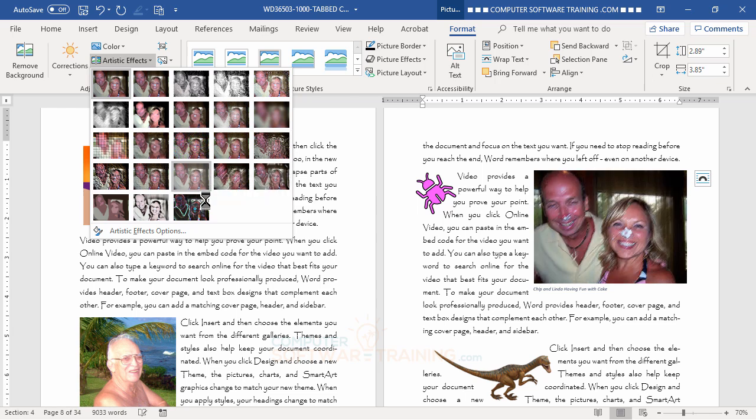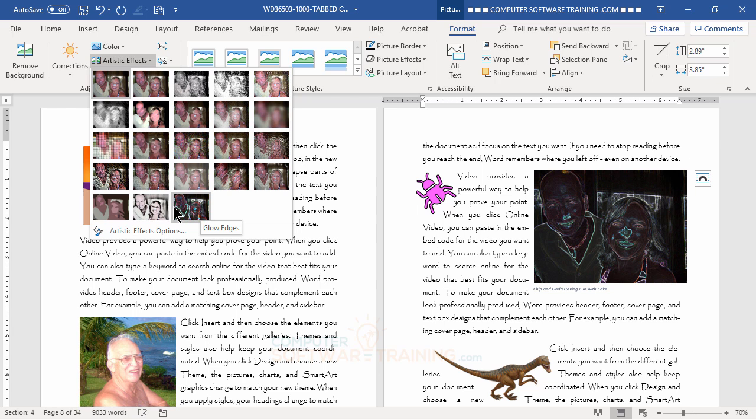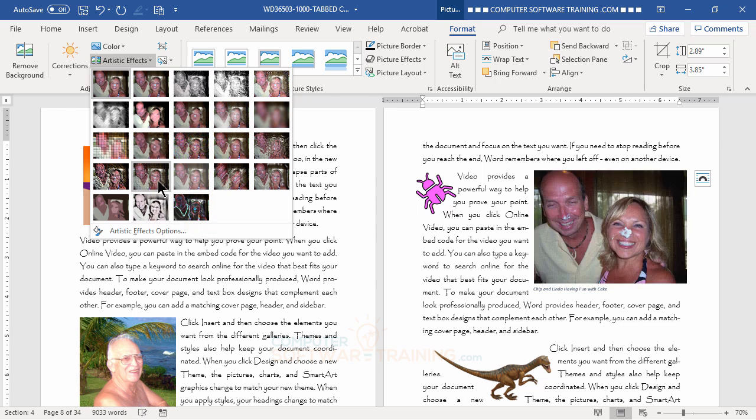You even have the neon look. Look at that thing. So we've got them all in here. Watercolor or cutout, whatever. Cement. There's a cement look. So, a lot of different ones in there. Now, if you find one that you sort of like, let's say we pick this one here,